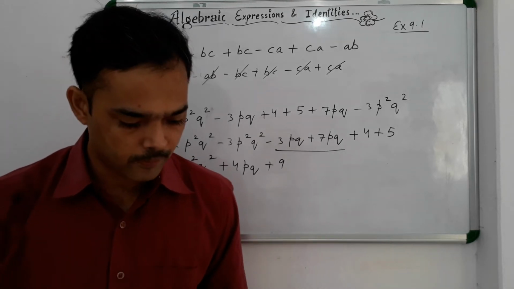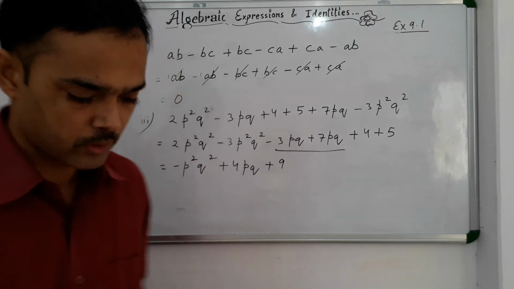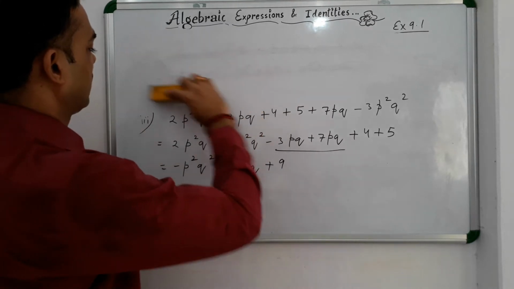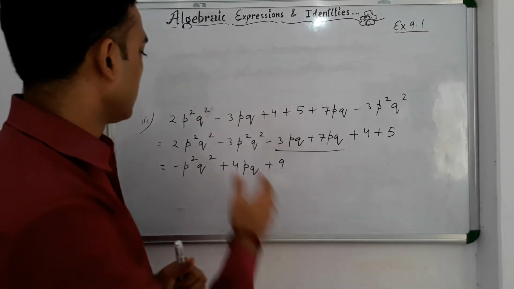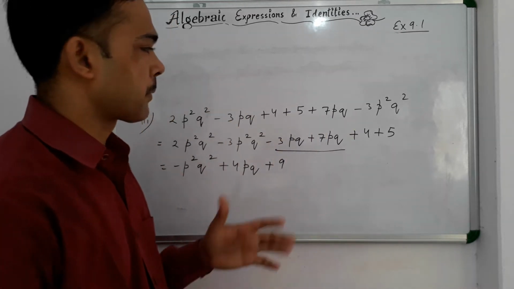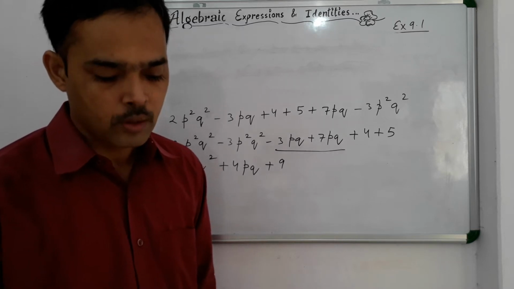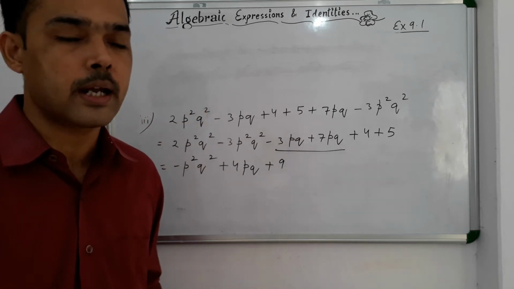In question number 4, we will be doing B and C part. So let's do the B part first. And over here you need to pay attention, because in addition you are seeing that the sign was not changing, but in subtraction you people know that whenever there is a bracket, the sign changes.